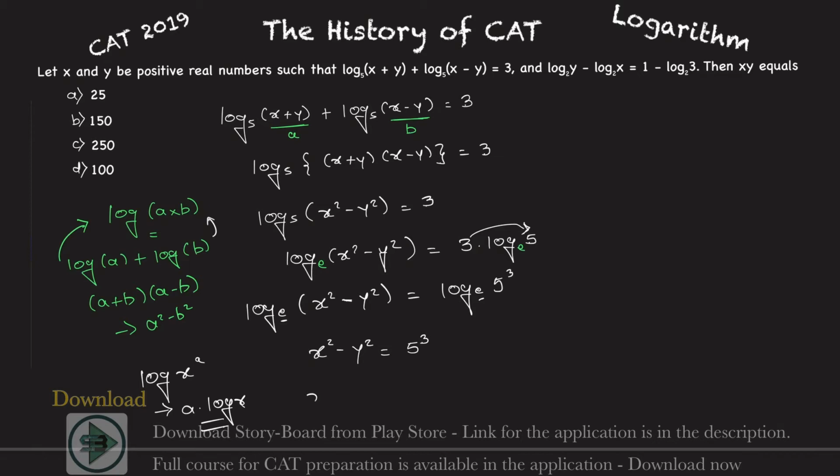Okay, so x square minus y square is equals to what? 5 cube. That is nothing but 125. So that is one result that I get from this. Everything that I know about the logs and the formulas, I applied it here, and I reached this result where I was supposed to find out the value of x and y. Now let's see this part, and let's see what can we get from this.